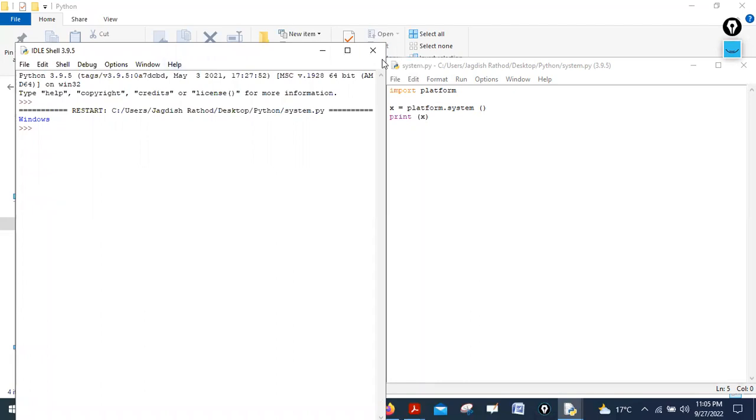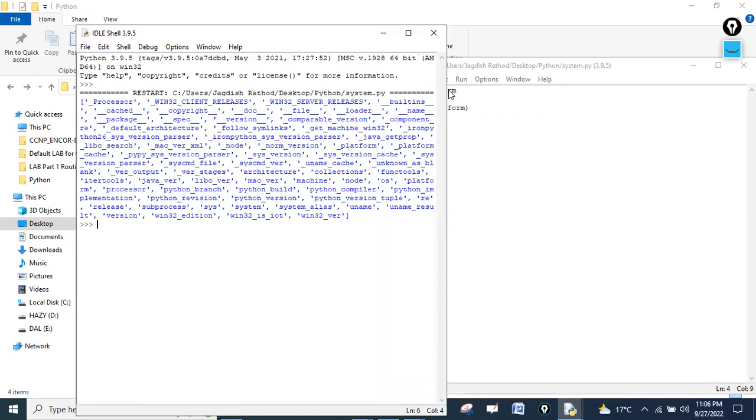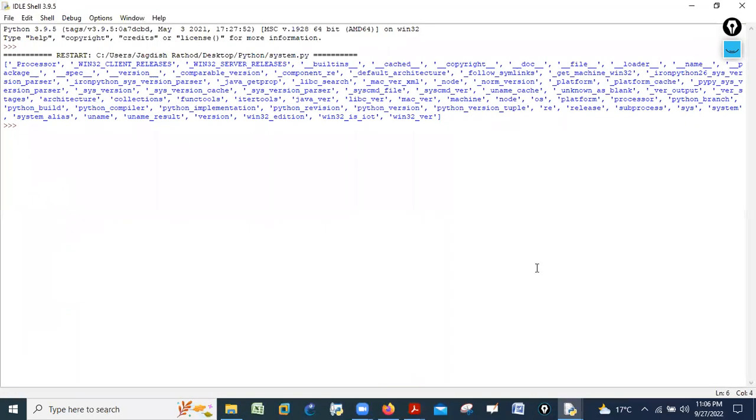Not only will it give me this information. If I say, can you show me the directory which I am using in this operating system, I just use dir. Dir stands for directory. I will save this file and run it.